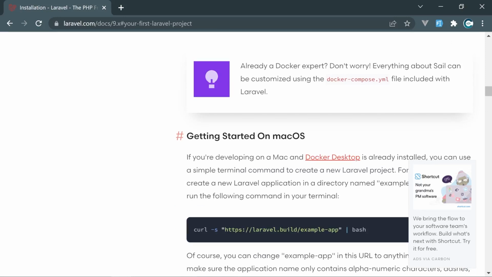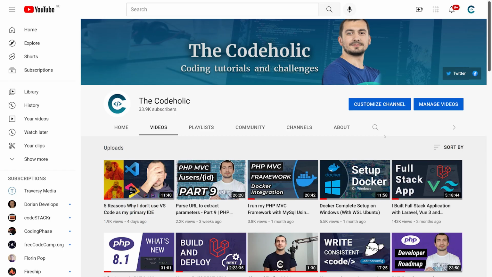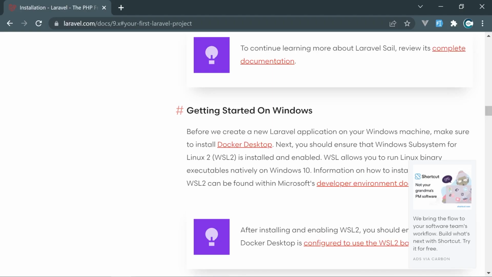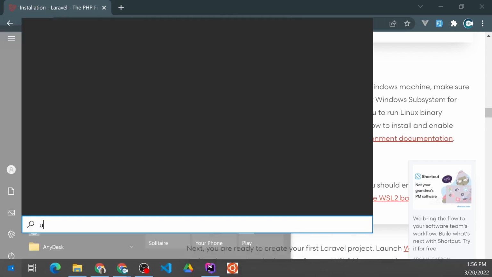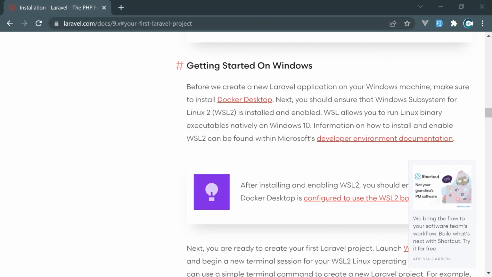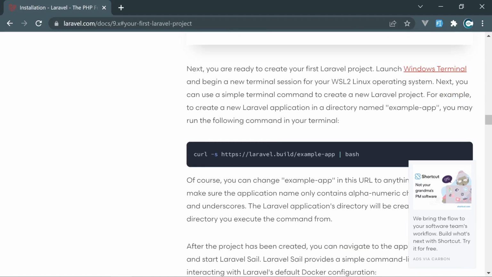Okay. However, on Windows, we need to have installed WSL2 as well. And we need to have installed Ubuntu operating system as well. So I have a video in which I set up a fully working Docker environment on Windows 10. You can check this out. I installed Docker Desktop, WSL2, and installed Ubuntu as well. And here we have all this set up ready. So in my case, I'm going to open Ubuntu, which you can just click in the start menu and type Ubuntu if you just follow my video, and it opens that Ubuntu terminal. I can run any Linux commands right here,